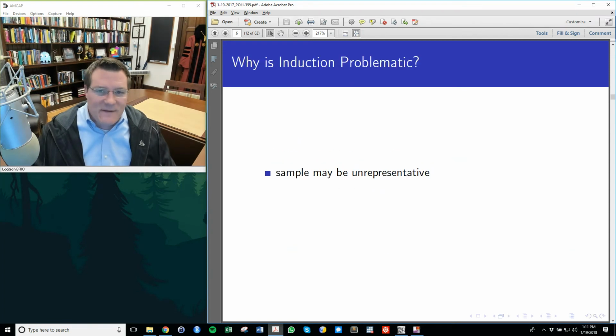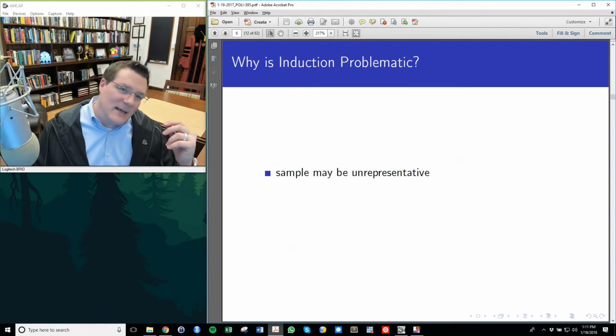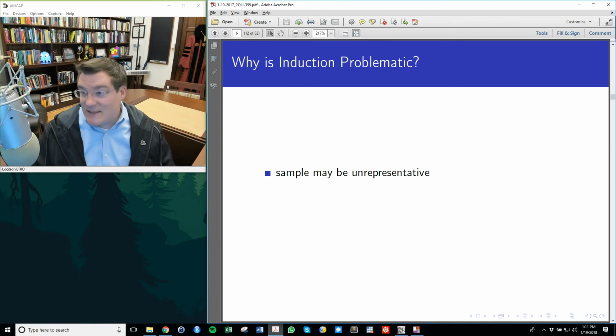The purpose of this is to demonstrate that induction as a scientific method, which makes a lot of sense, looking at past data to predict the future, or looking at a sample of data to generalize to a larger population, makes sense, and in fact, it is what we do quite a lot, but it's problematic. It's not a direct line to the truth. The sample you collect may be unrepresentative. So in our little simulated example, even a huge sample might not be huge enough to detect a small portion of the population that you're looking for.